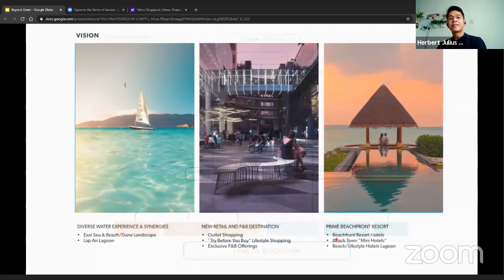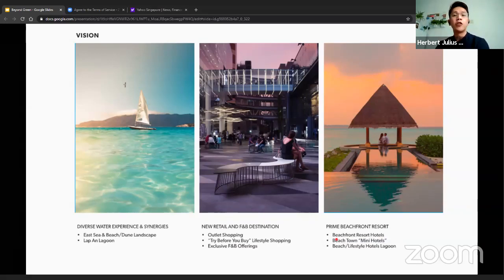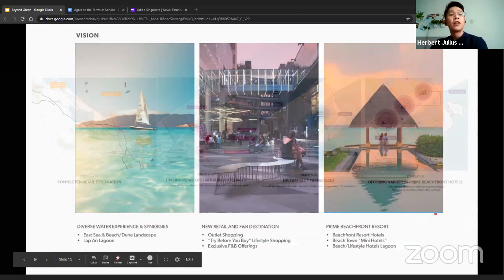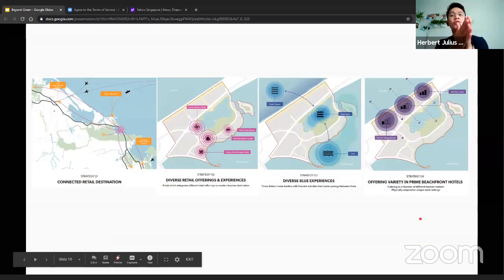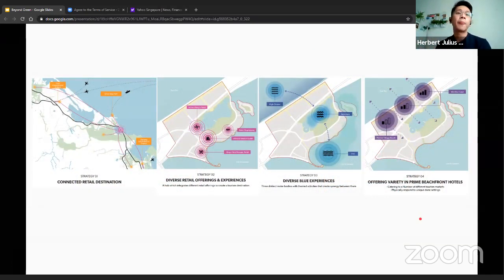And as I've said, everything starts with a vision, and the vision of this project was to create that diversity among the synergy of the water experience and a new retail destination, and at the same time having a prime beachfront resort. And then from that vision, it goes to some key strategies. As you can see here, the scale is really, really big. The first strategy involves how do I access the site, whether by plane, by ship, or even by road.